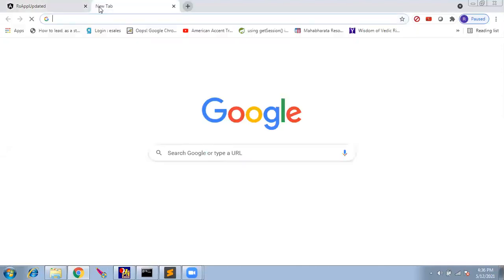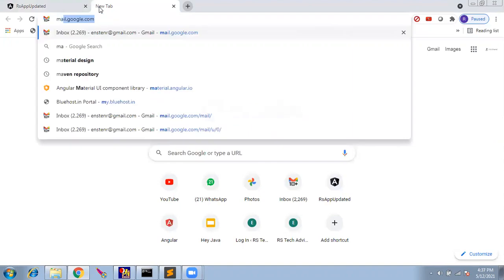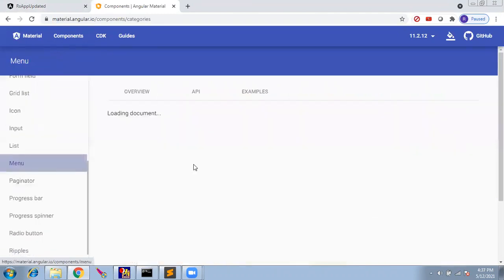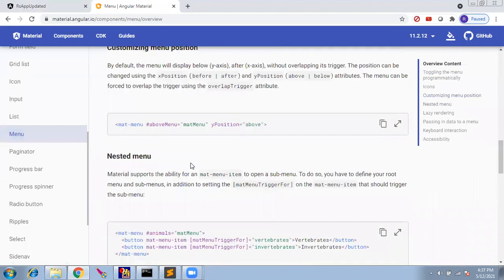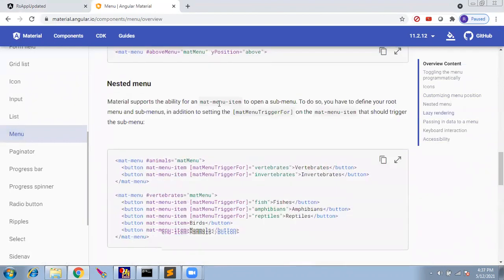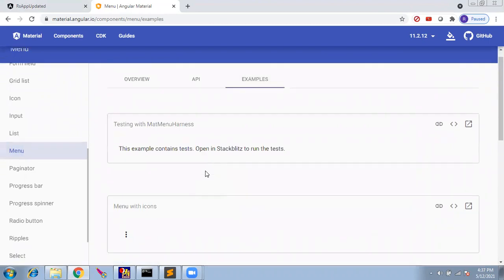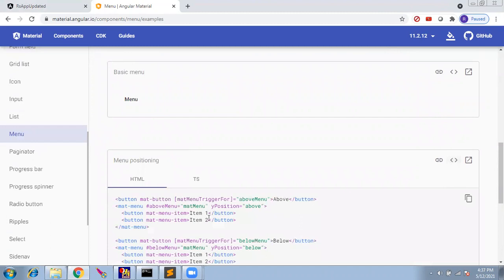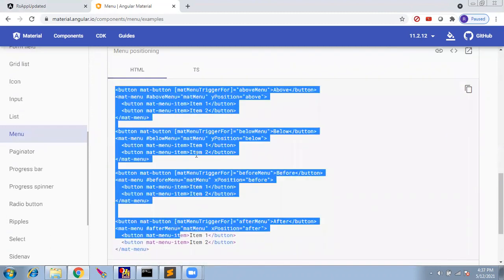Yesterday was more of a hands-on session. We had cleaned up the code and brought up the menu from Angular Material. From the Material UI, I went to this menu and its example. This is the menu. I copied the code, which is available here, and put it in